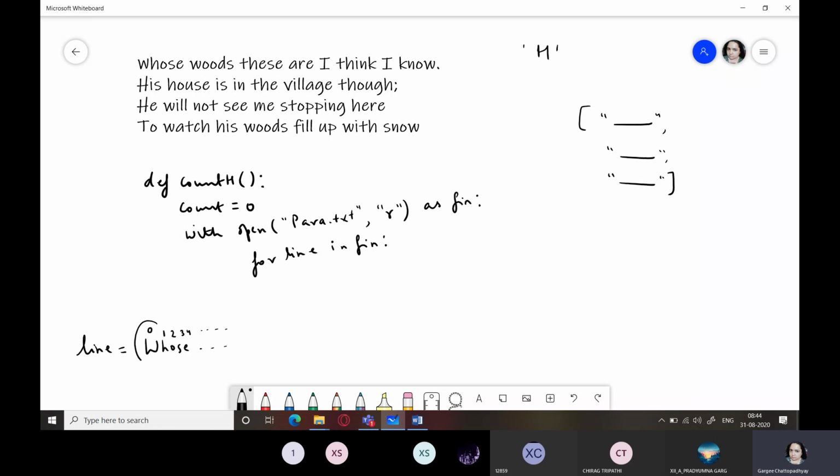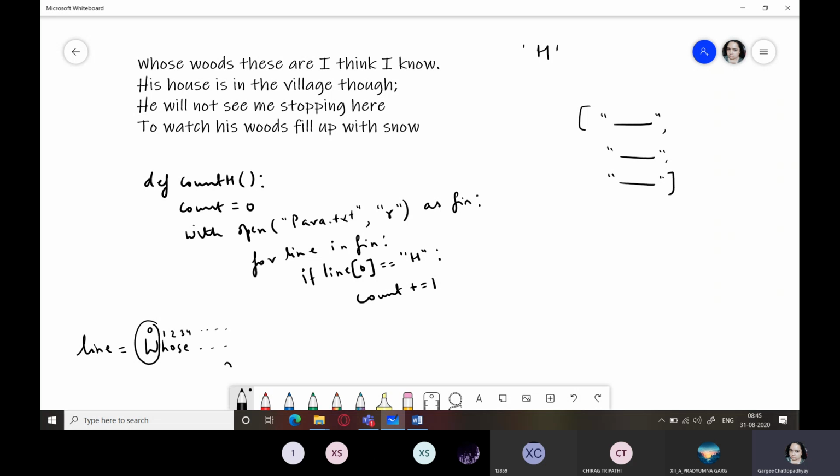If you have to check whether it starts with a specific character, you will be using the index location, that is 0 over here. So you can check if line[0] equals h, then count plus equal to 1. Increment the value of count. That's all we have to do.